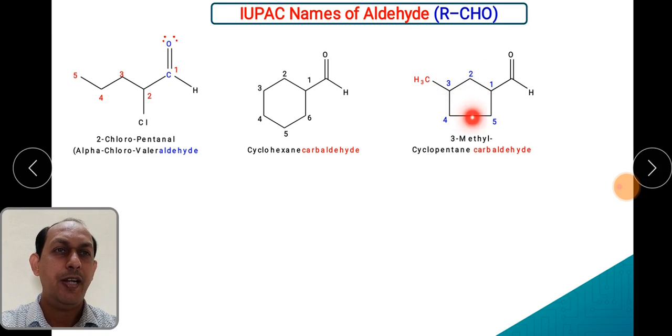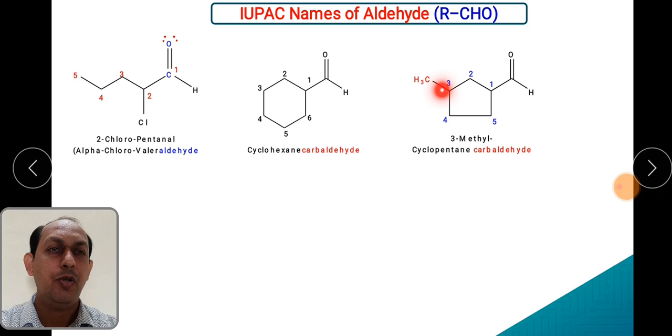Then this is a cyclopentane ring. ऑलवेज नंबरिंग आपको यहाँ से करनी है, जिस कार्बन को कार्बोनिल ग्रुप अटैच है वहाँ पे नंबरिंग करनी है. अगर सब्स्टिट्यूएंट है तो ऐसे क्लॉक एंटी क्लॉकवाइज डायरेक्शन से क्यों करना है, बिकॉज सब्स्टिट्यूएंट शुड गेट मिनिमम नंबर. यहाँ पे मिथाइल ग्रुप को कम से कम नंबर आना चाहिए. यहाँ से आप अगर करते हैं तो उसको नंबर आएगा 4, सो दैट इज नॉट अलाउड. सो साइक्लोपेंटेन कार्बाल्डिहाइड, सो 3 मिथाइल साइक्लोपेंटेन कार्बाल्डिहाइड. अगर रिंग के बाद CHO ग्रुप है तो कार्बाल्डिहाइड बाहर, कार्बाल्डिहाइड बाहर.